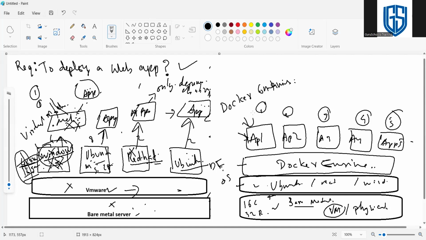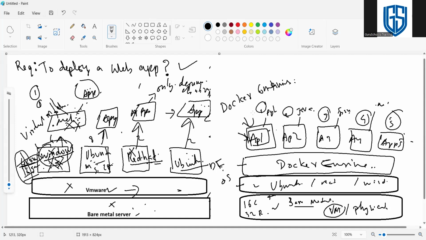For this application one, consider it a Python application. This is some other application like Laravel or Java. This is Spring Boot. This is .NET. Similar kinds of applications are there. To run an application, we only need to bother about that application's dependencies, framework, everything, all within the container. So the container runs itself. We don't bother about anything else. We add all the dependencies, libraries and framework within the container, and we can wrap up. Then we can run the application.